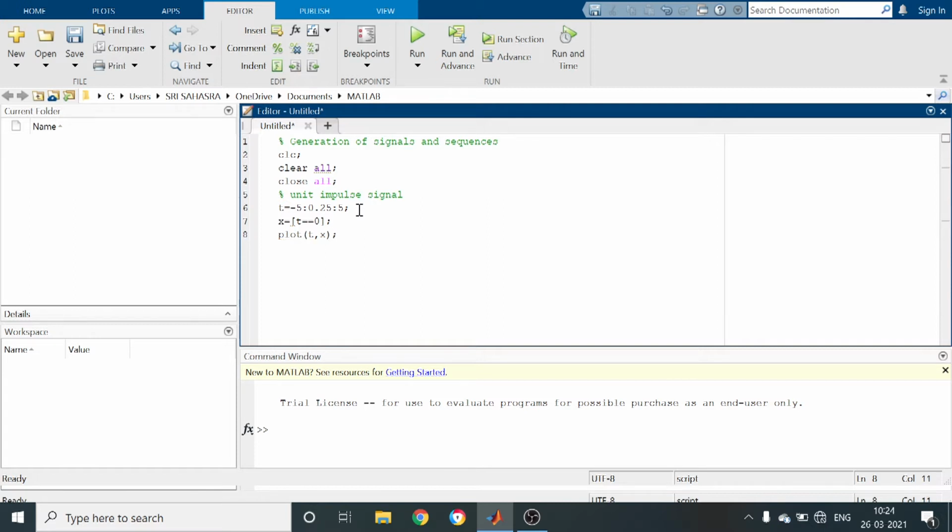Next, to get the x label, I use the command xlabel. On the x-axis we have time, so write 'time' using single quotes. Every instruction ends with a semicolon. Next is ylabel, which is amplitude.